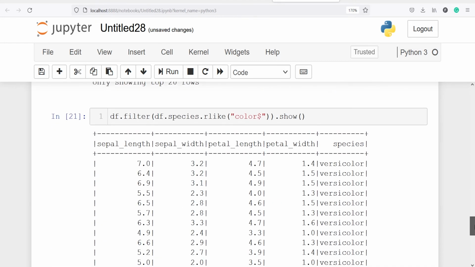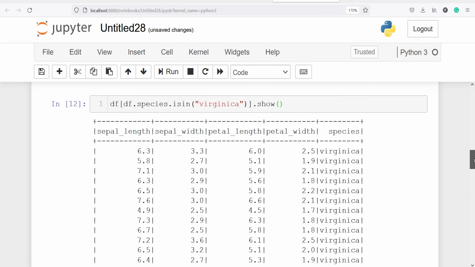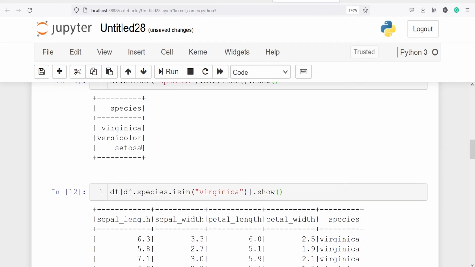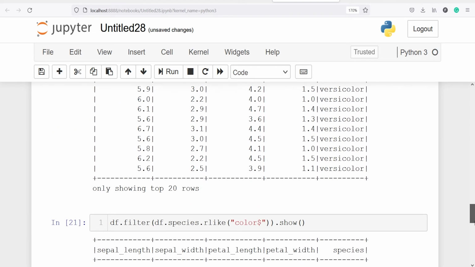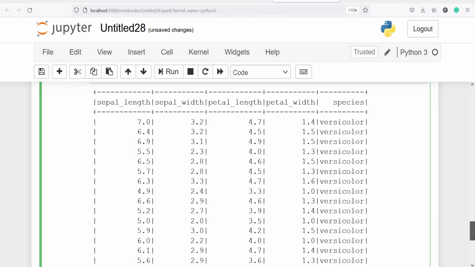We can also look for other species. Let's say for Setosa, here we have Setosa. I'll write OSA, and let's see if we are getting the output or not. I'll paste it here, and then I'll execute the code.